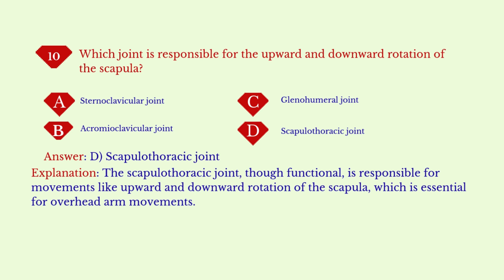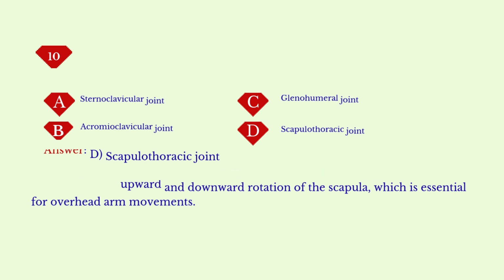This motion is essential for overhead arm movements, such as lifting. The glenoid labrum of the glenohumeral joint: